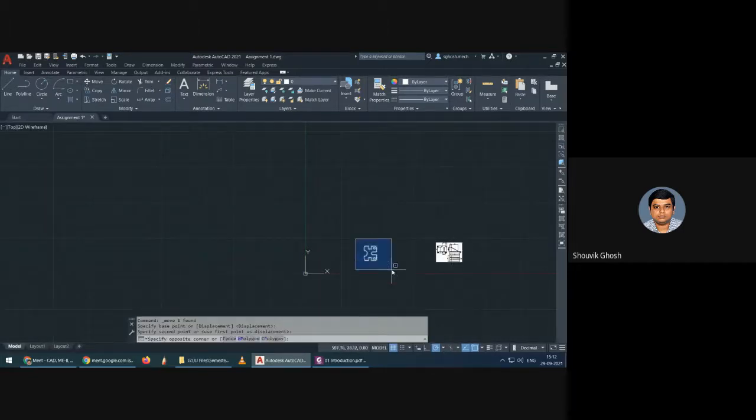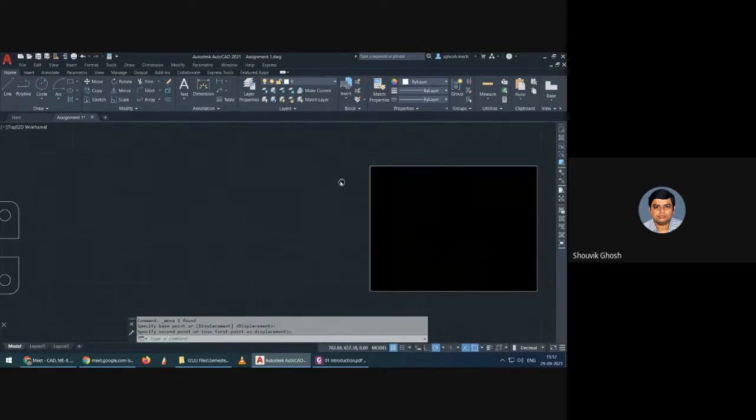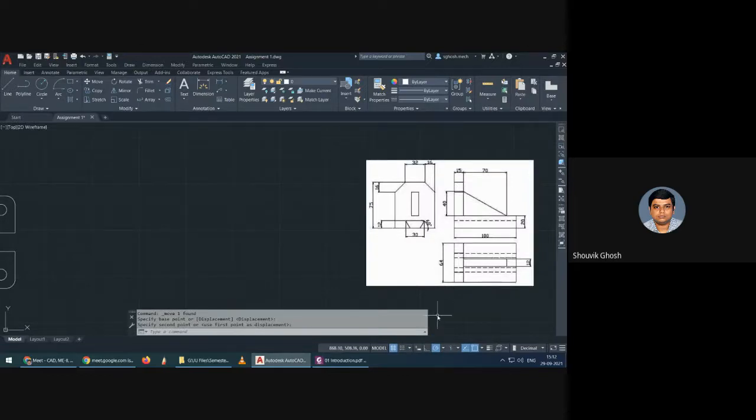See, when I'm drawing these particular figures, I'm not concerned about the position and the coordinate system, right? I'm drawing it as freely as possible. 500 by 500, it should be, yes. So let's see, 75 by 64, 64 by 100, 100 by 64.